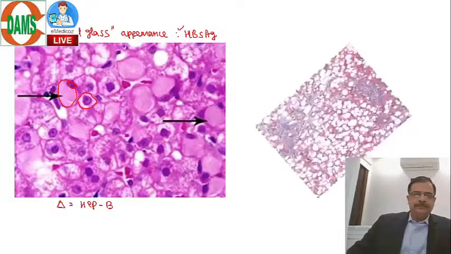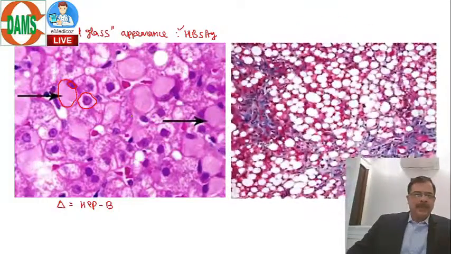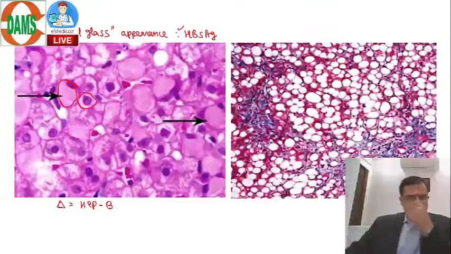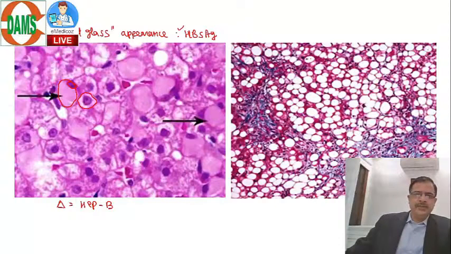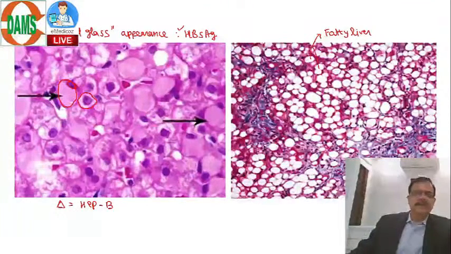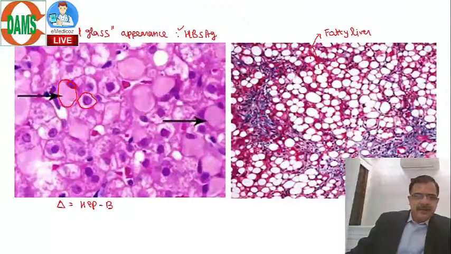While if the biopsy is like this, in this liver biopsy, you can see all the pattern. You can see these cells. They do not stain. They are white colored cells. This is a fatty liver. These cells, these are fat. And whatever